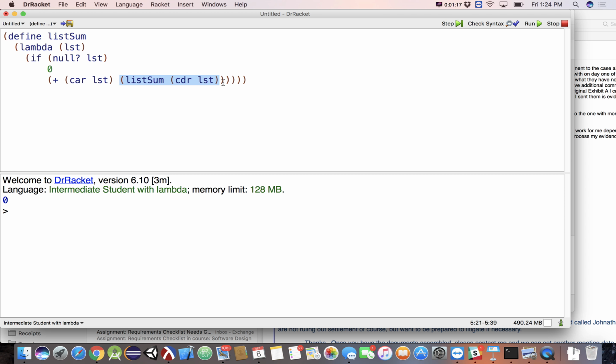Mistakes were made. Like little mistakes or like embarrassed your family mistakes? I don't know that I embarrassed my family. I left out the if and I tried to put an empty list instead of 0. You left out the if? Yeah, I don't know how I left out the if, but I definitely left out the if. So you asked no questions. Well, I mean, it has no question mark list. But, oh, okay. So you visually acted like you were asking a question. You just happened to not put the word if in front of there. But then instead of returning a numeric value, you returned an empty list. So you're trying to add the car of the list onto the empty list. Potentially the empty list.